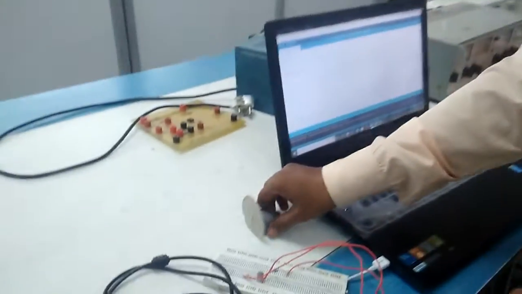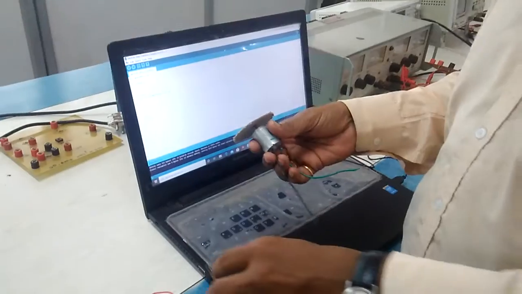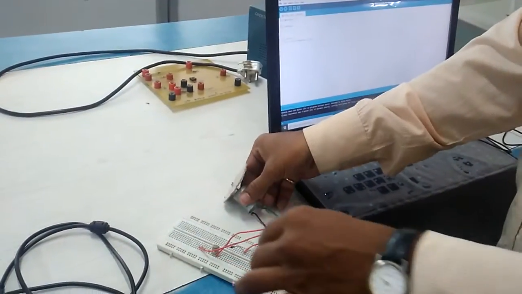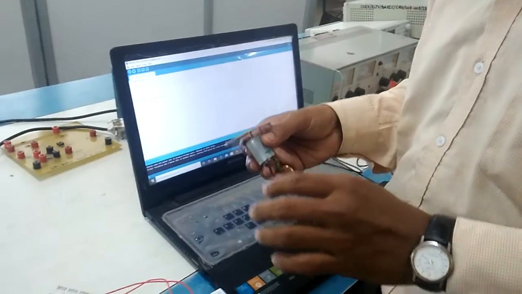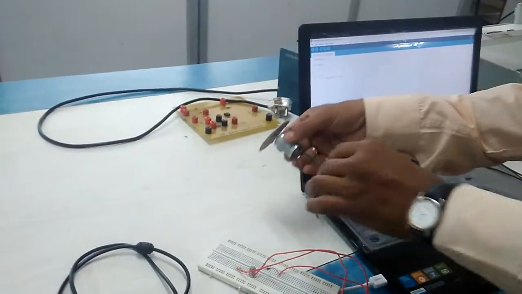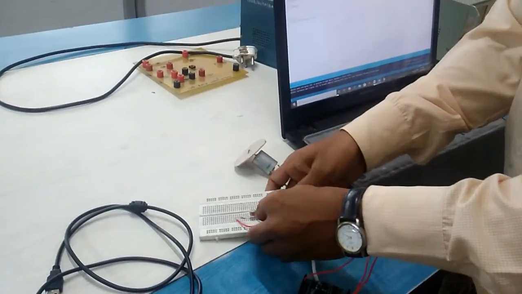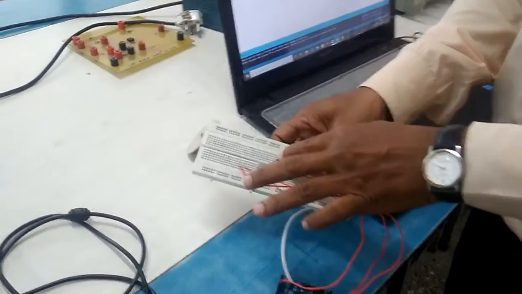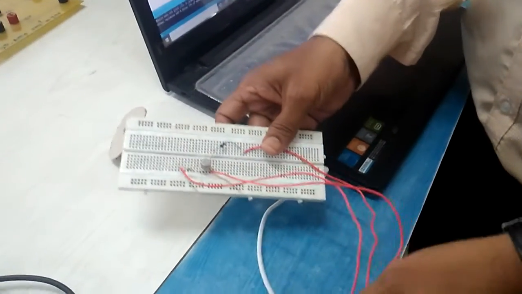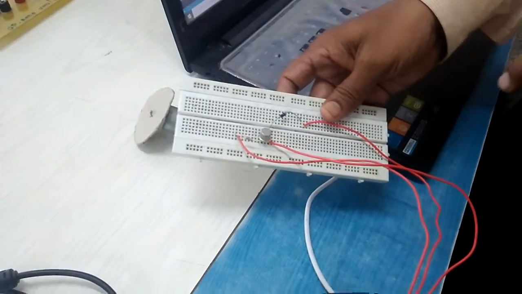For that purpose we need some driver mechanism, and nowadays ready-made driver ICs are available in the market. But here, as the motor is a low power motor, we are using only the SL100 transistor. This is a power transistor having 3 terminals, and we are using it to provide current amplified output to this DC motor for driving purposes.